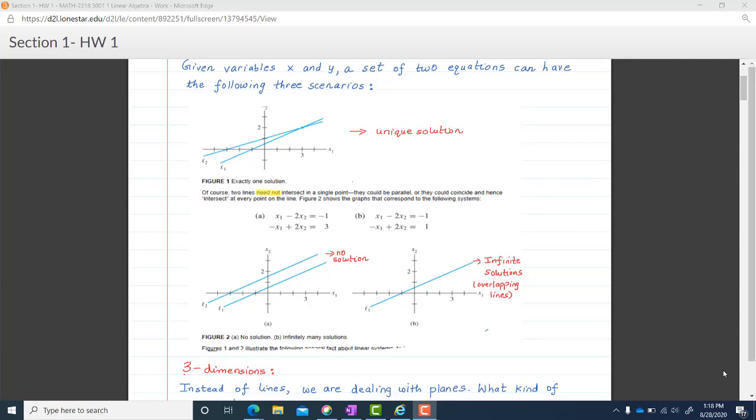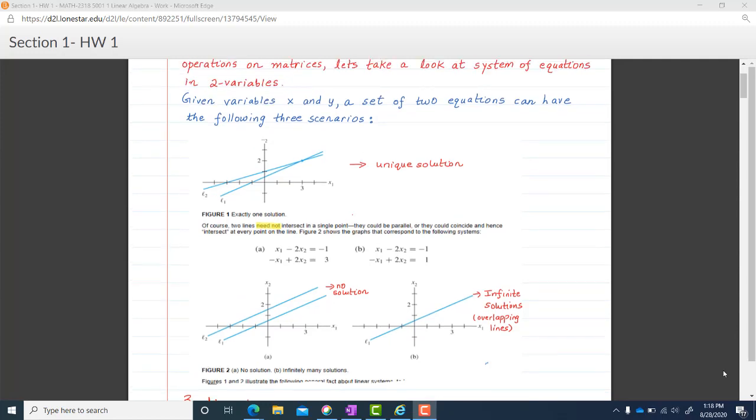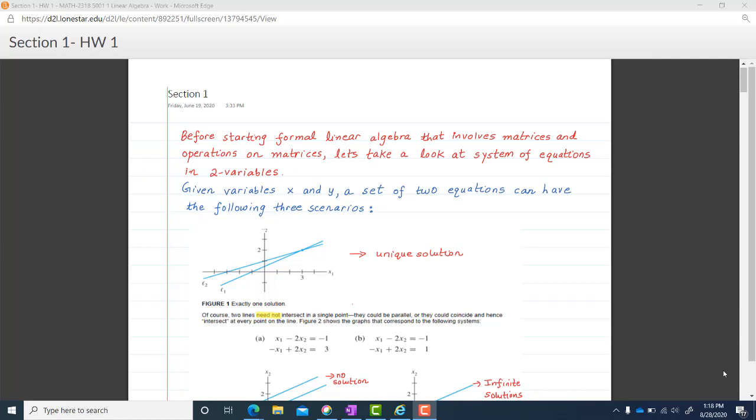I wanted to go over section notes. This is section 1.1, as you can see on my screen. It's the first section in the book, and students wanted me to explain some things from it, so I thought maybe I'll go over the whole of it, and if the recording gets bigger, I'll just split it